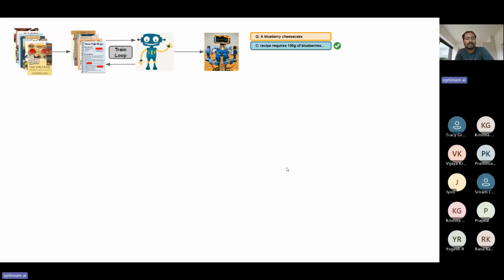Similarly, we try to find out how ChatGPT works now. We have a chatbot. We have given some recipes to this chatbot, or you can say this LLM. From this recipe book, I will be collecting and giving some individual recipes, removing some unwanted data and giving individual recipes to this LLM. After training, or for further training, it is able to give relevant recipes for the given input query,